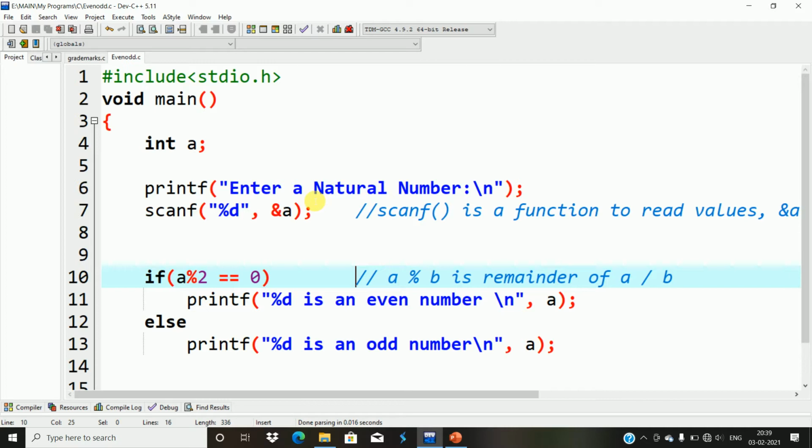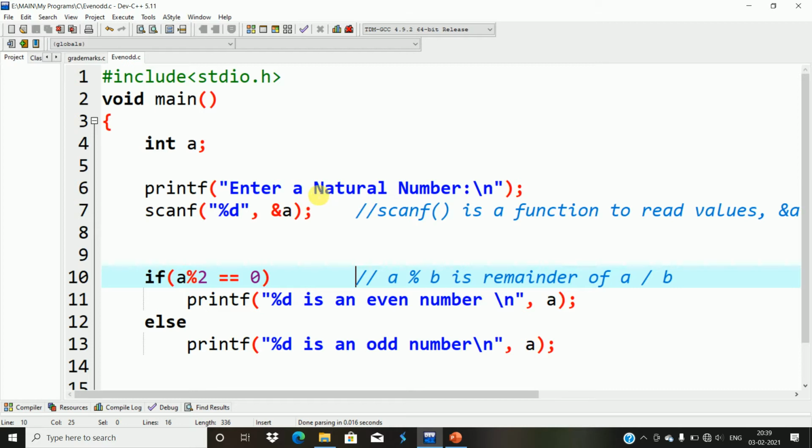Okay, so here is my scanf. This ampersand will give the address of A. Every variable will be stored in a location. Okay, it will have some address. So here the address of that variable can be found using ampersand. Variable stores a value and that variable will have an address. And the data type you are reading is an integer. Okay, %d. You are reading an integer from the keyboard.